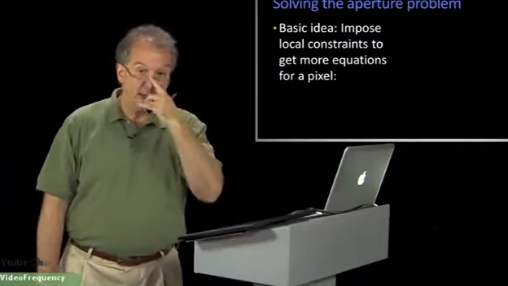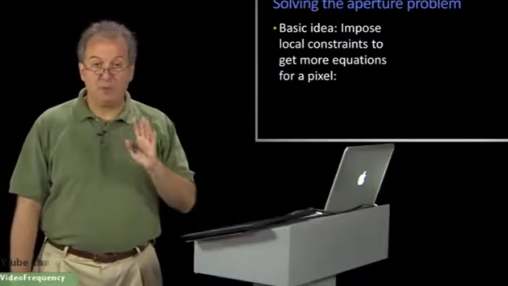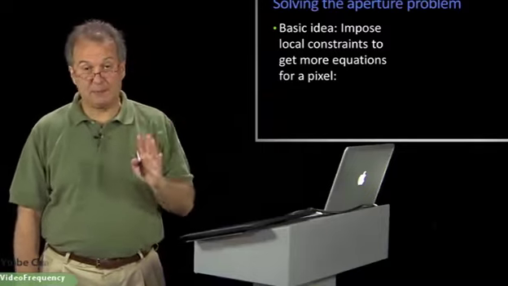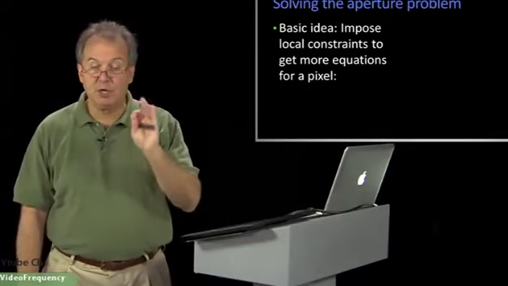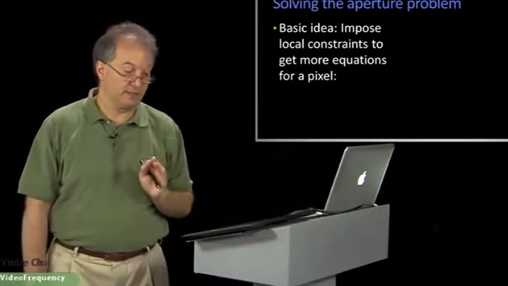We talked about a smoothness constraint that would allow us to optimize a solution over the entire image. But today we're going to look at more local and frankly much more effective, or certainly more commonly used methods. So how are we going to solve the aperture problem? Well, look, the basic idea is the same as before. We have to impose some sort of constraints, but this time we're going to impose some local constraints to get